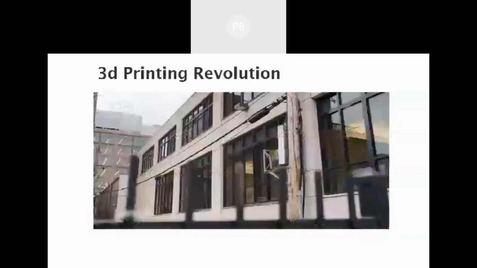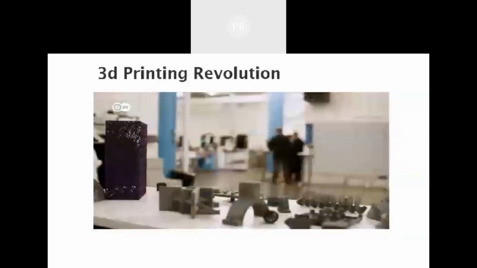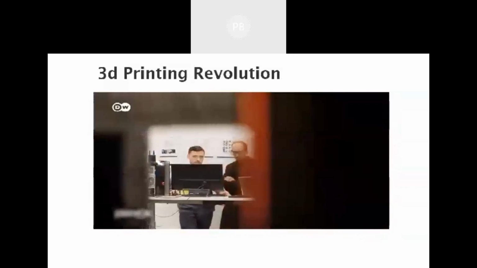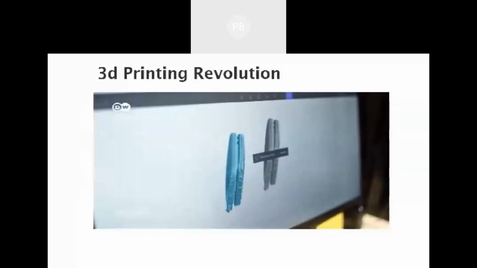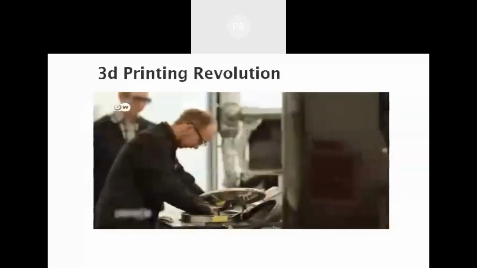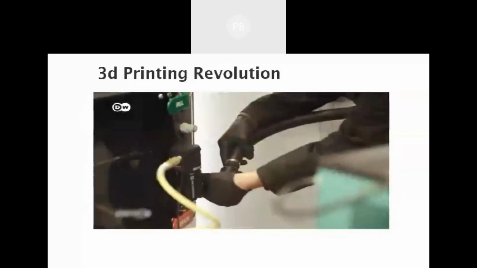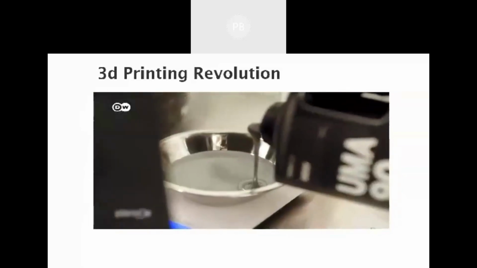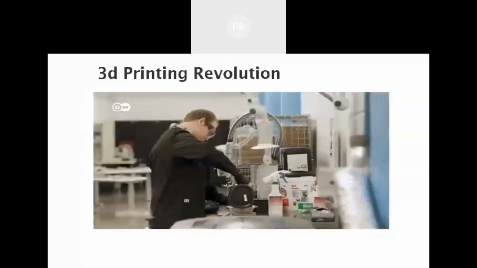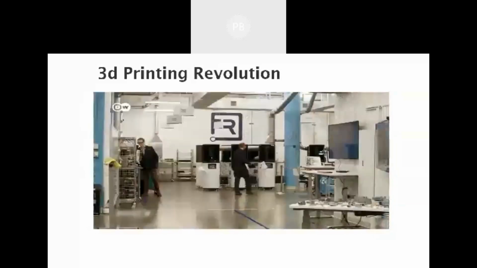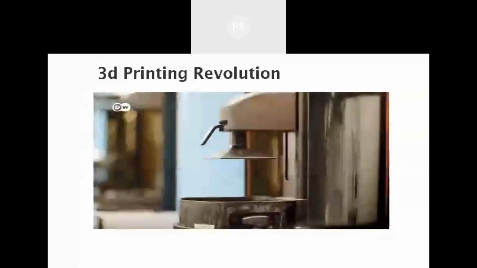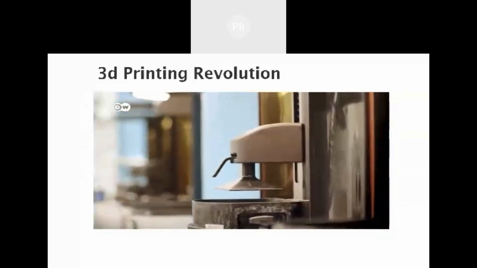Chicago is home to a number of new high-tech companies, including Fast Radius. They print components that are precise and durable enough for use in the mechanical engineering industry. Fast Radius often uses plastic resins, which allow for faster printing. The process looks like something out of a science fiction film.